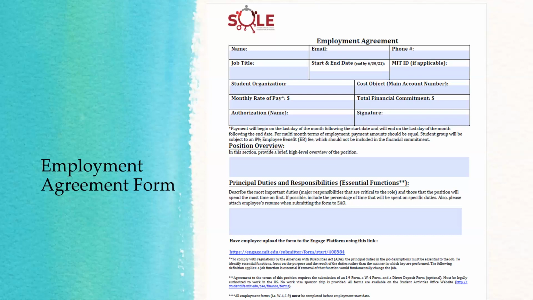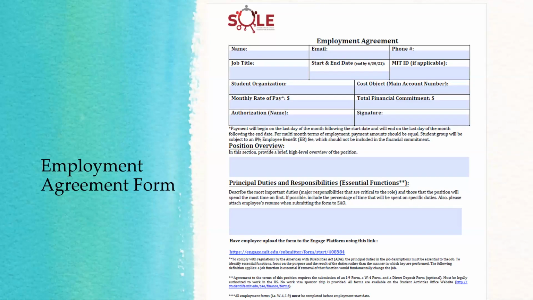So we don't need too much information. We'll need the job title that you're hiring them for, a start and end date, your organization name, your cost object, and it's generally your main cost object, but it can be your funding accounts